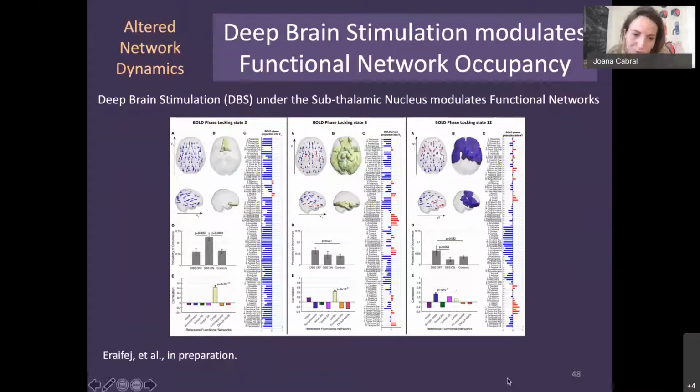And what we found, so this is the patterns, so here is a rendering in 3D, but they are colored in white because they overlap with the limbic system, but especially here on the left panel. So this is when DBS is turned off. There's a lower probability. When DBS is turned on, there is a significant increase in the probability of occurrence of